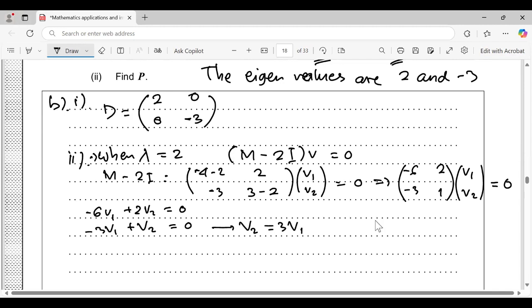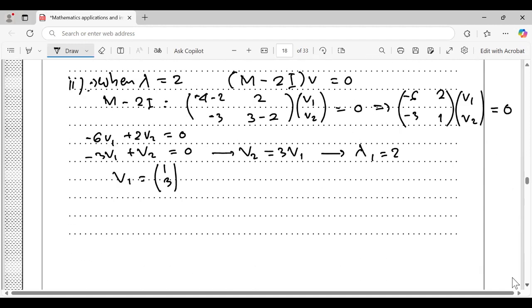So the eigenvector corresponding to lambda 1 equals 2 is phi 1 equals (1, 3). Next, when lambda equals minus 3,